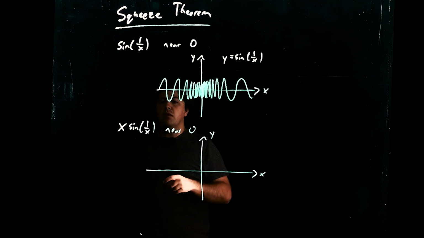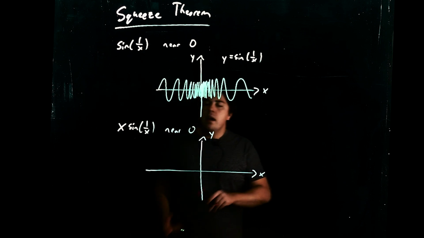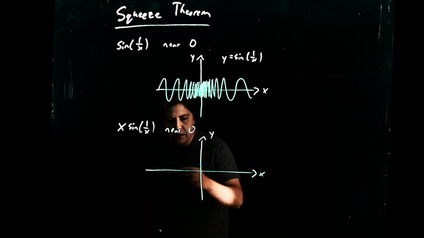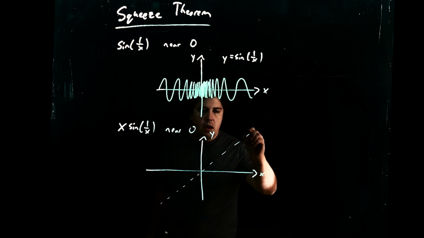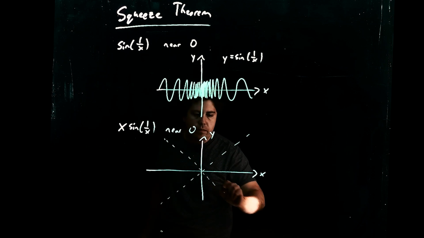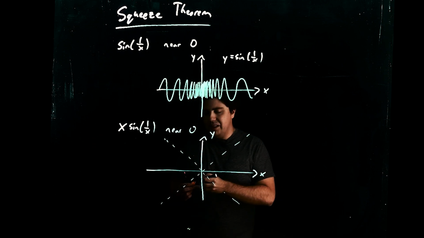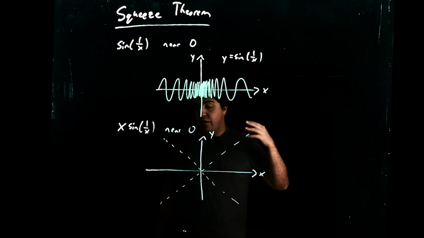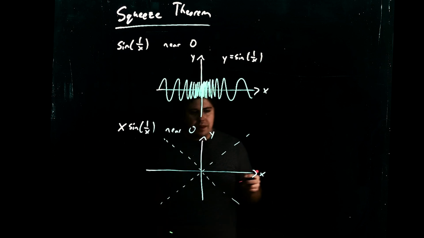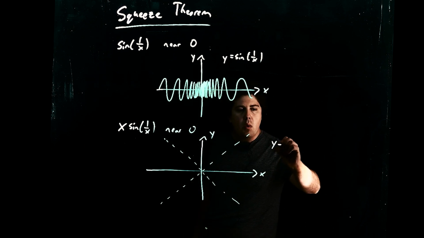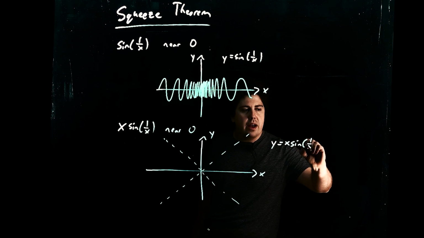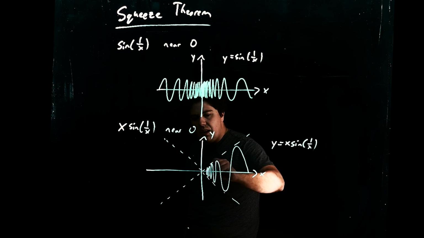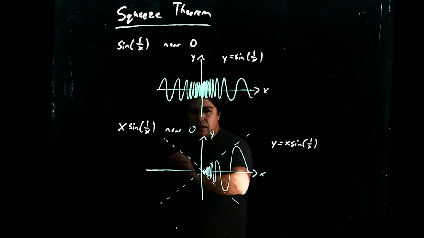We have x multiplying this sinusoidal guy, and sine is always between minus 1 and 1. So as it turns out, this function is always going to be bounded above by the line y equals x on one end, and by the line y equals minus x on the other end, just because sine of 1 over x always moves, for x not equal to 0, between 1 and minus 1. And indeed, the graph of this function, y equals x sine of 1 over x, is going to look something like this. It's still going to be very nasty, but because it's squeezed in between these two lines,